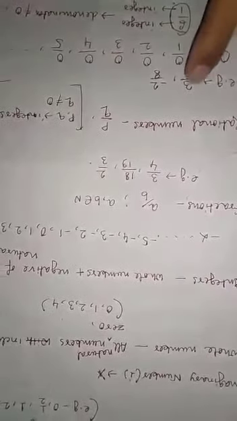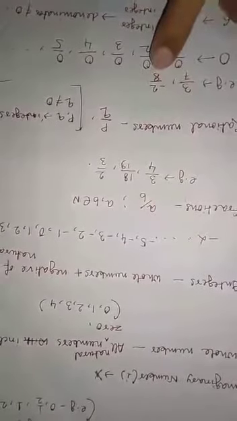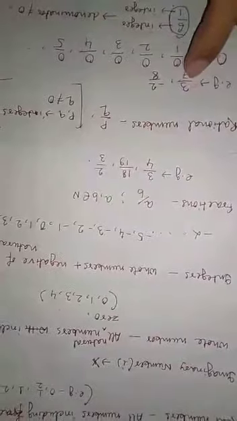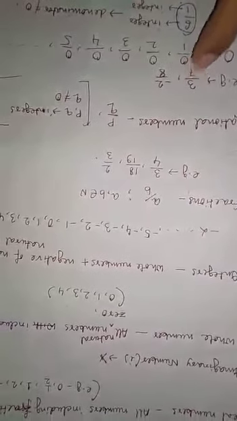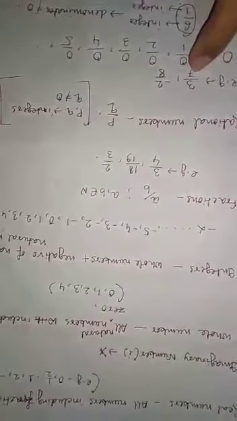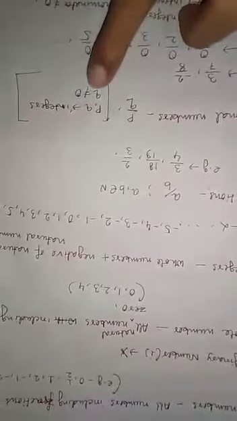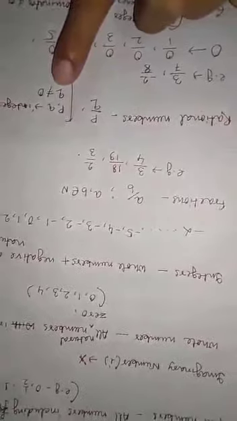Examples of rational numbers are 3 by 7, -2 by 8. 3 by 7 is also a rational number because it satisfies the condition. Here p equals 3 and q equals 7, and it also satisfies the condition of q not equal to 0. Clear? So 3 by 7 is a rational number,